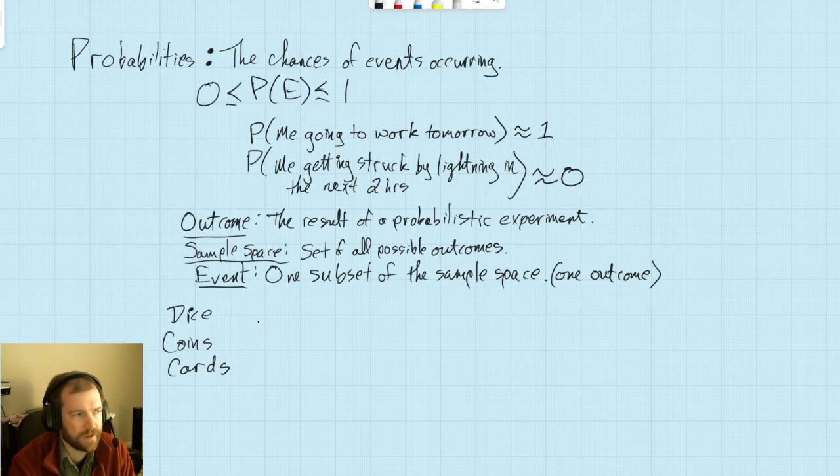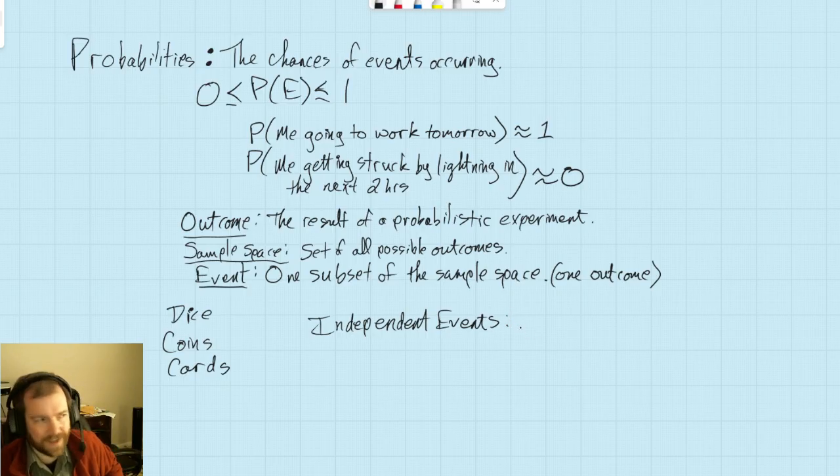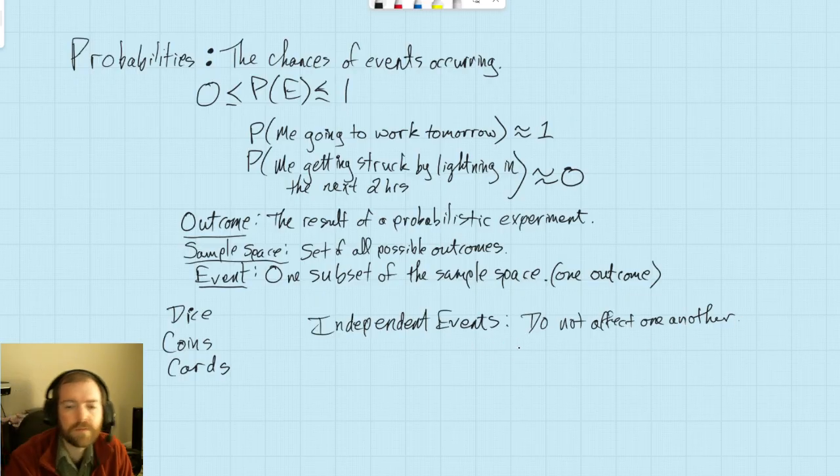So things like dice, coins, and cards, generally speaking, have what are called independent events. And independent events are events which do not affect one another. So a coin flip